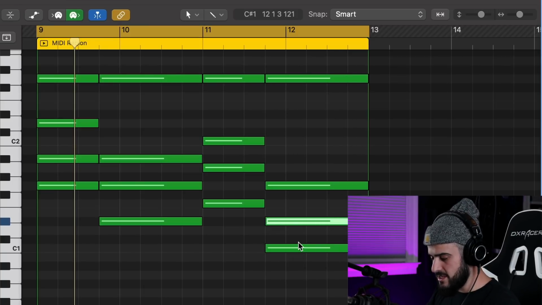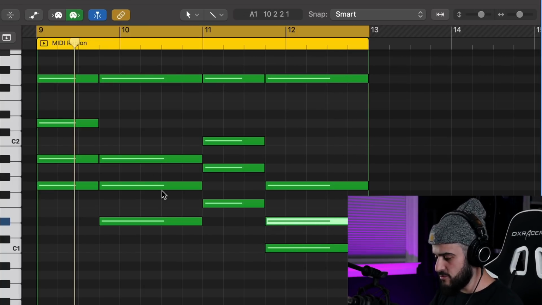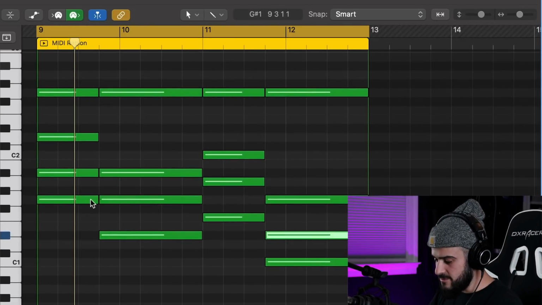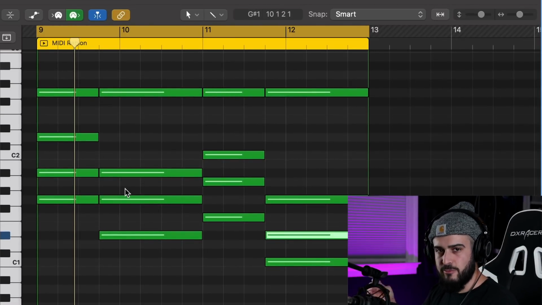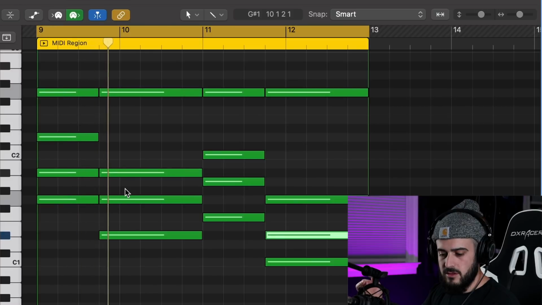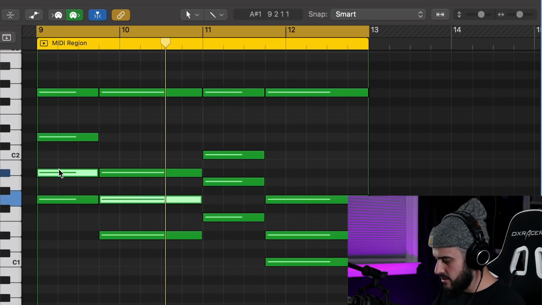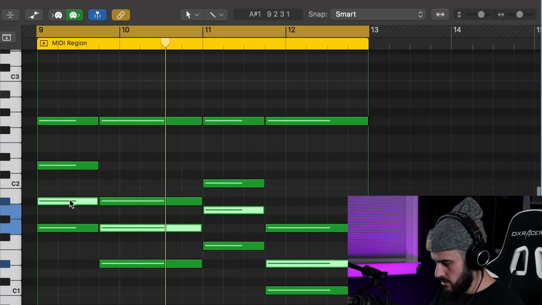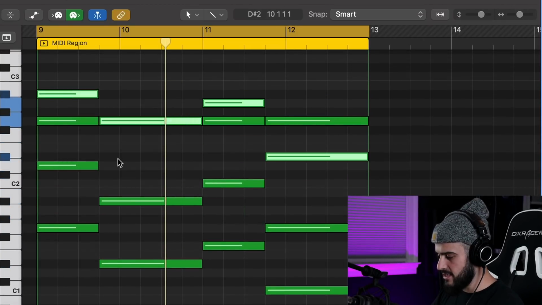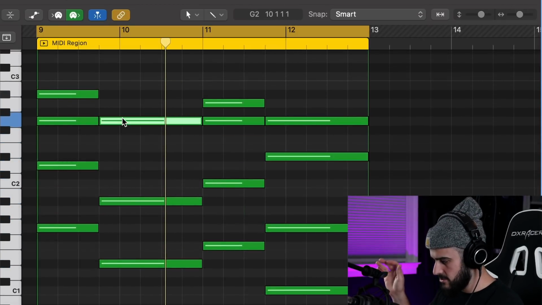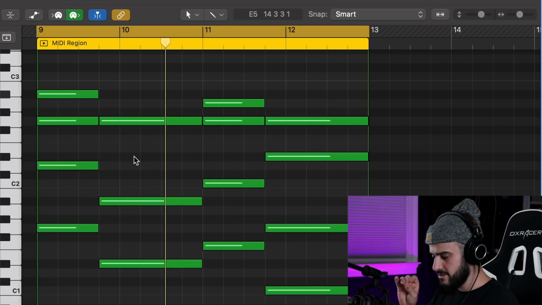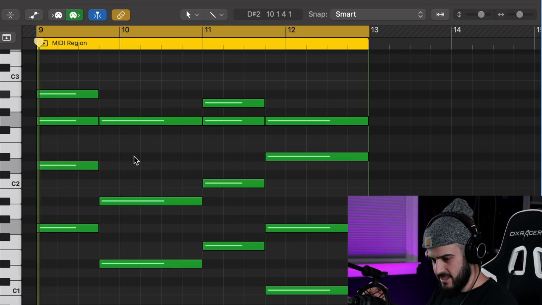So these are my completed triads, but my notes are a little too bunched up and too deep down on the piano rolls. So if I play, it's just gonna sound like a bunch of mush. So what I'm gonna do is spread these out now by taking these middle notes and putting them up an octave like that. These are layered on top of each other, so I'm just gonna delete that. So now if we play this,